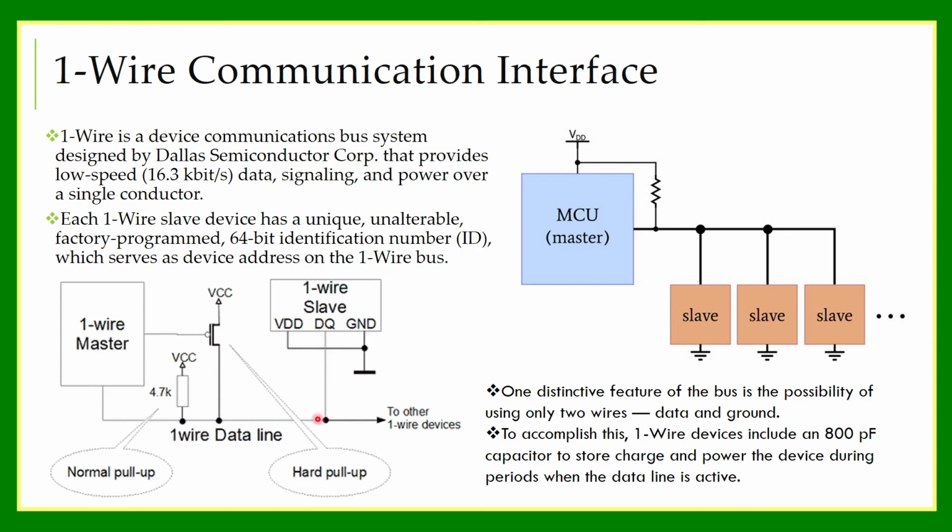So even though it is a one wire device, there must be two wires. Or, for example, consider it inside your vehicle, which has a metal chassis. In that case, you can connect the ground to the metal chassis, and wherever you need a ground, you can just take the signal from there. But one wire is needed to transfer the data. So that's why it's called a one wire device.